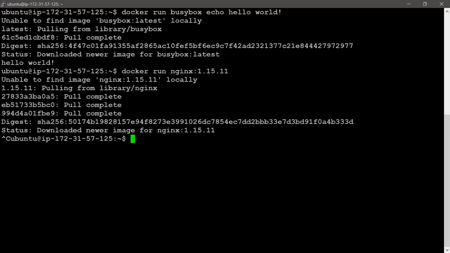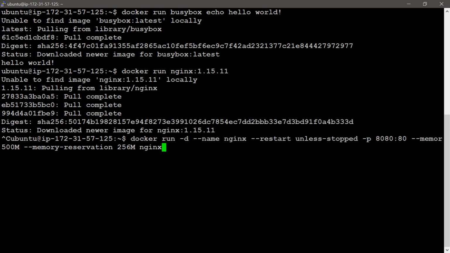Now I am going to give one more command, a long command. Docker run is the command to run a container. The -d flag means detached mode. Then --name, I provided this flag with the docker run command. Then --restart. I already said what the uses of the --restart option are, either always or unless-stopped.